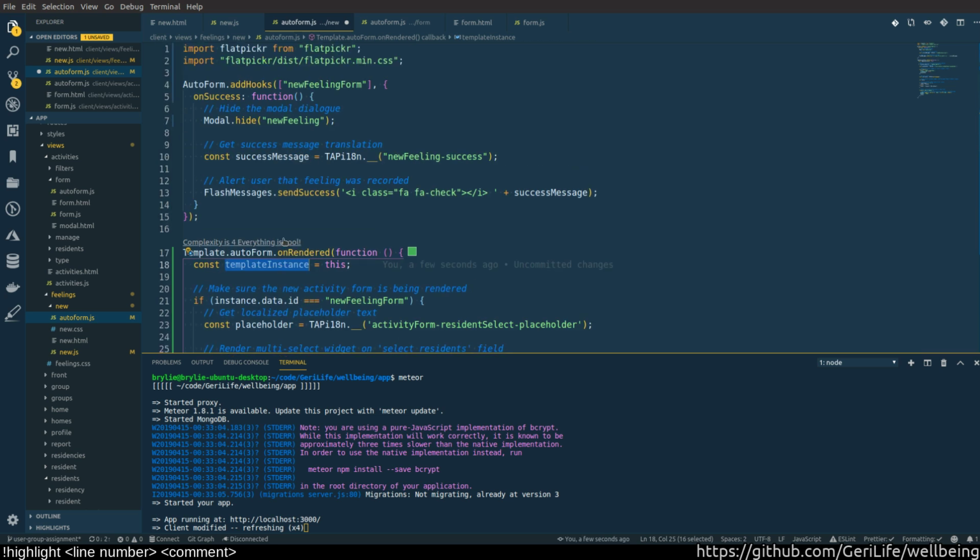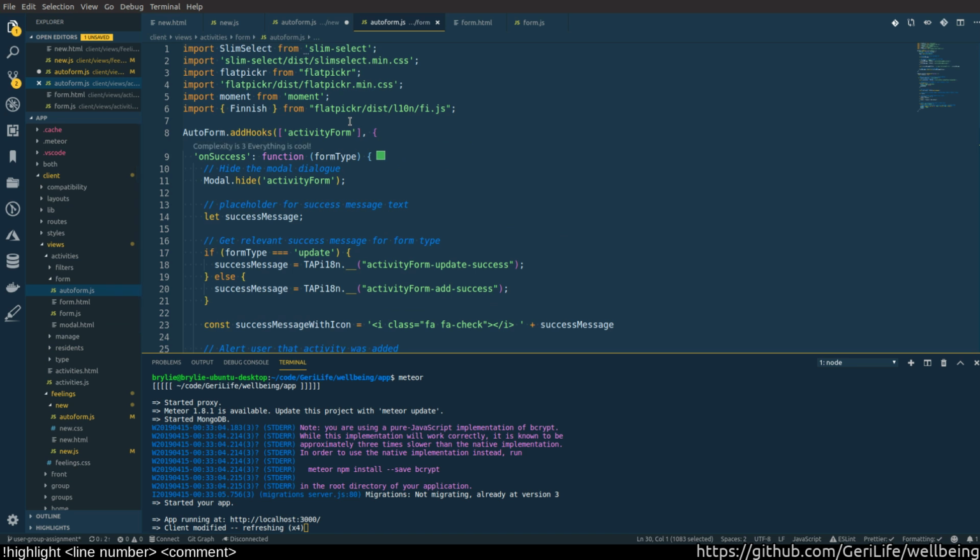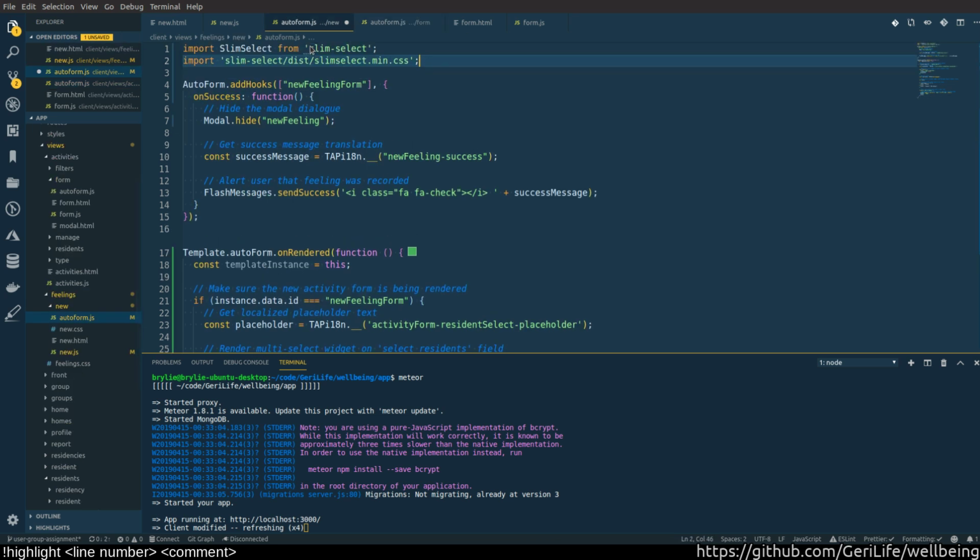Flat pickers for dates, slim select is for multi-select. Just remembering here. Yeah, flat picker, it's the calendar widget that we're using. Alright, there we go. New feeling form,